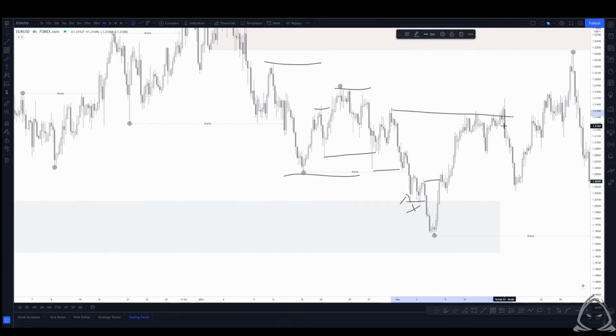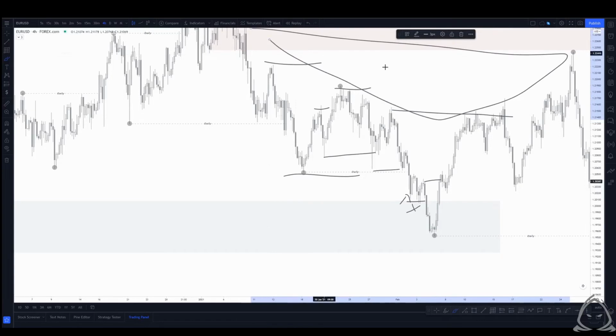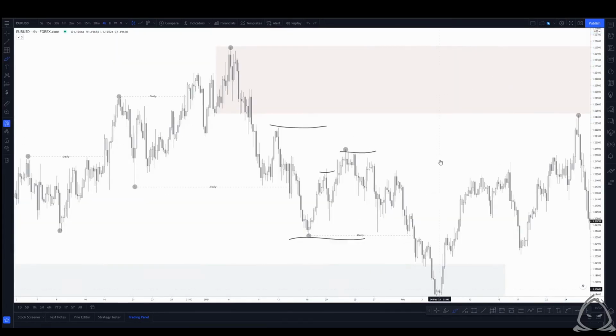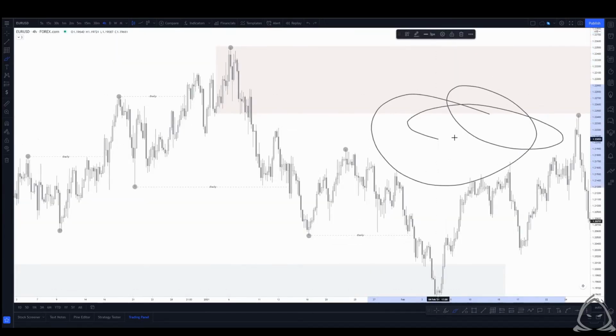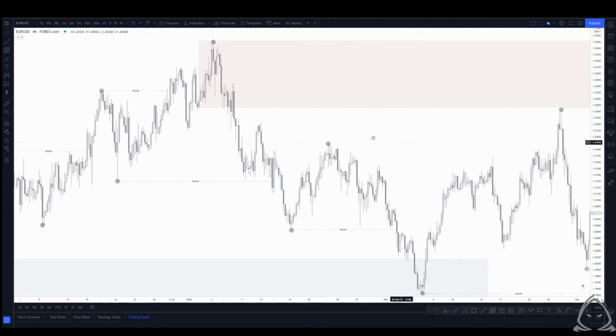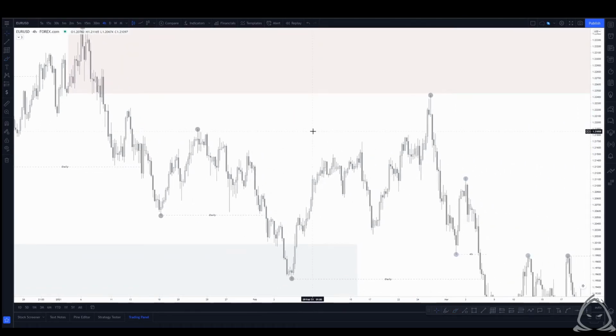We can see that we have a void here. This is all void as well. So chances are we have a high probability that price is likely going to gravitate somewhere in this area. This is where we pair market structure, this is where we pair supply and demand zones, and this is where we understand liquidity, because what we can see is we have swing highs, swing highs, swing highs, swing high,